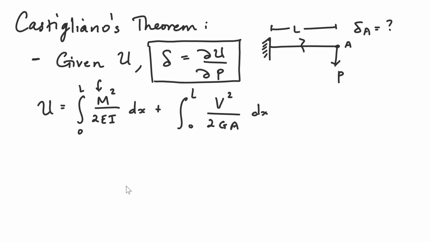If you remember from before, when we did the deflection for the unit load method, we had that the deflection was equal to the integral of m bar over EI, right? That's only considering bending. If we had to consider shear as well, we would have to add another term, V bar over GA. It's just an extra term, an additional computation that you have to make. But you should know that if it doesn't explicitly say consider only bending, you have to consider the